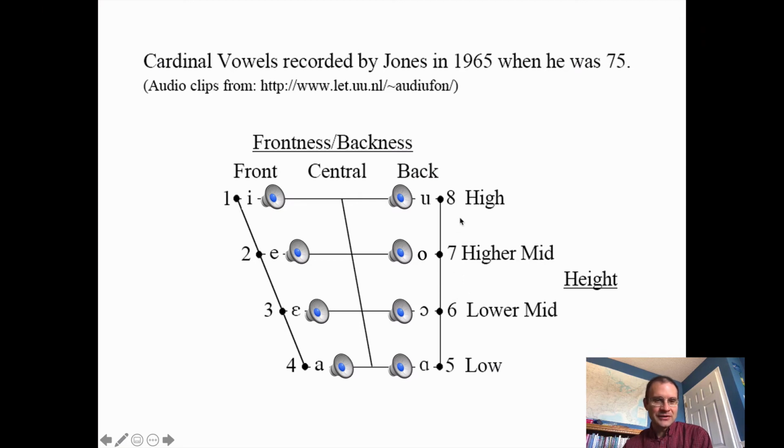And another thing is that you might notice this. Let's compare the loudness of this one, number 8, to this one,